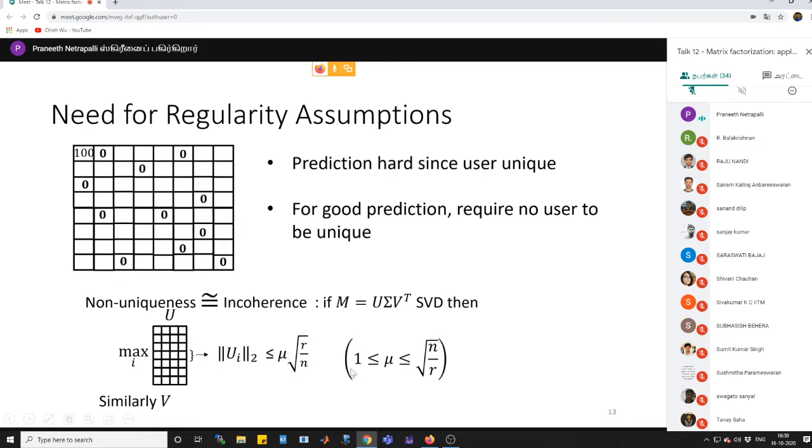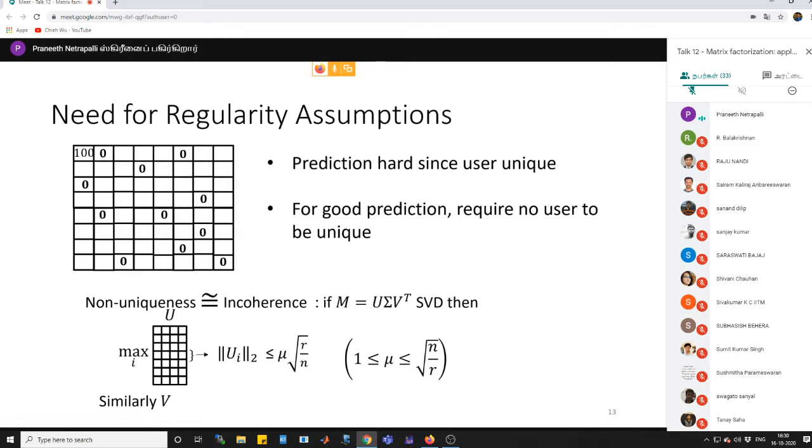Okay. And this is always satisfied for some mu between 1 and square root of N over R, because if you put square root N over R, then this bound will just be equal to 1. And because this is a unitary matrix, an orthonormal basis, any row can have norm at most 1, right? So the norm of any row is indeed less than or equal to 1. So this is definitely satisfied for mu equal to square root of N over R. But ideally, we'll be able to get very good results only when mu is much smaller than square root of N over R.